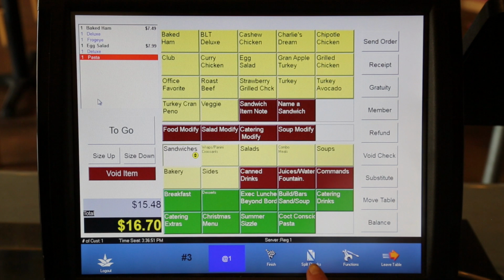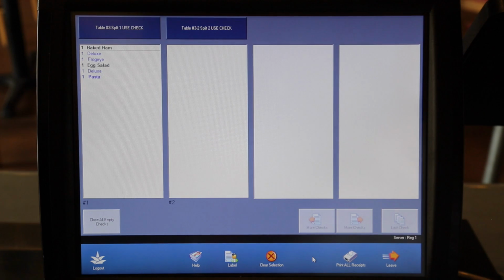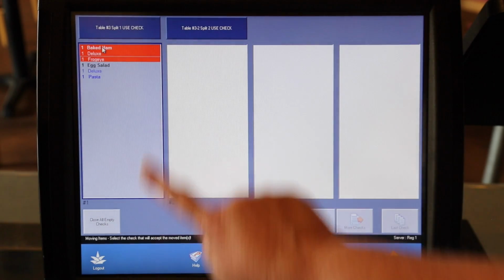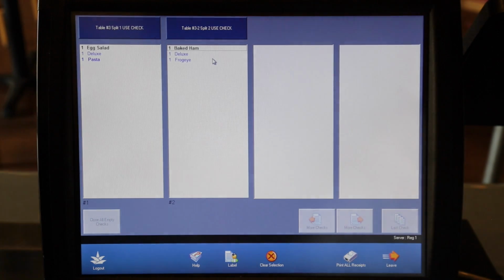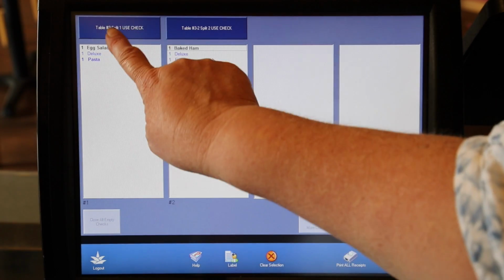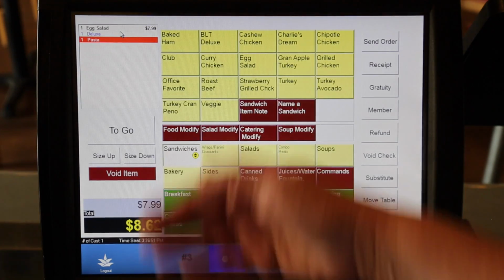Right down here at the bottom of the screen now is a new button that has appeared that says Split Checks. All we have to do is touch that, and we now have the option of taking any of the food on this by highlighting it and moving it over to a second check. From there, we can just use each one of the checks individually, and we can now collect the money from